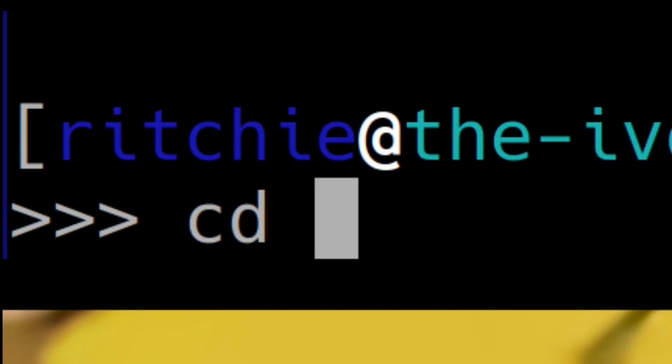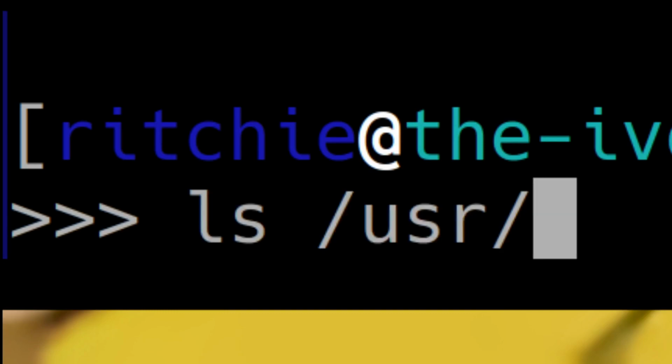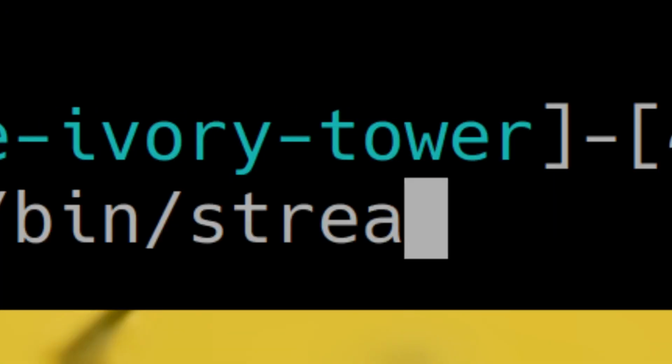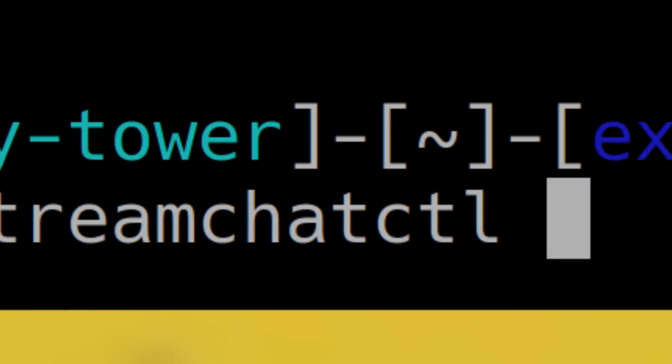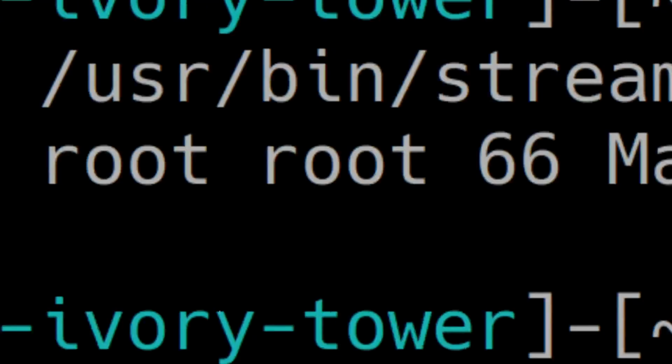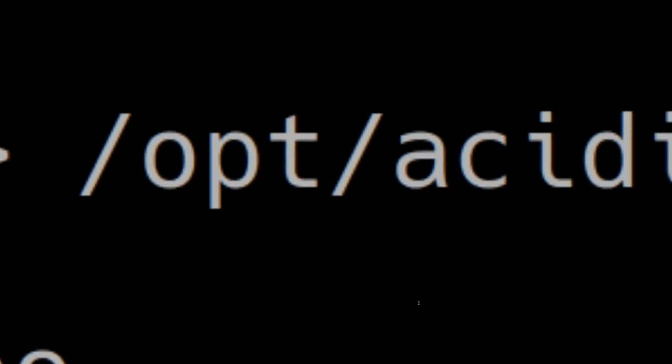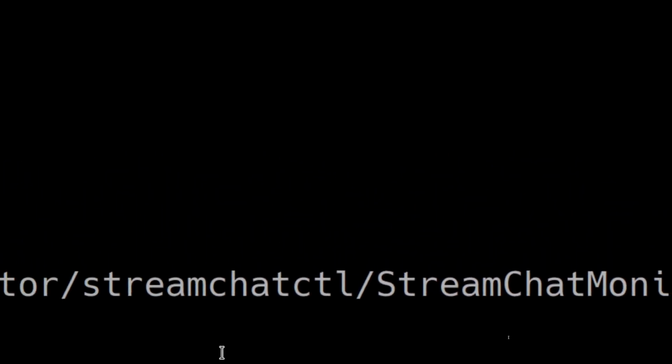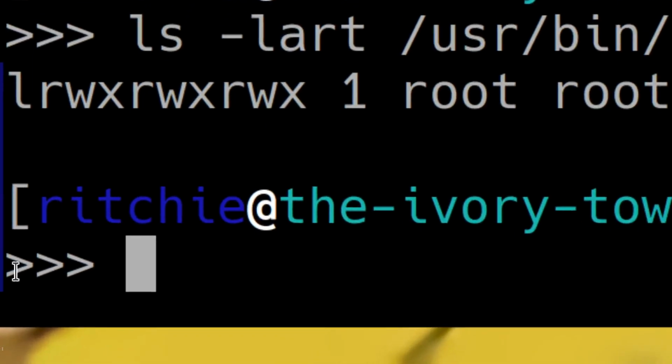And then what I have is a symlink in /usr/bin, stream chat CTL. And that's going to point... I don't think that actually listed the symlink. Okay, that's going to point to /opt/acidic light/stream chat monitor/stream chat CTL/stream chat monitor, which is a .NET binary. So that allows me to have access to the stream chat CTL command, which if I run it, not stream CTL,